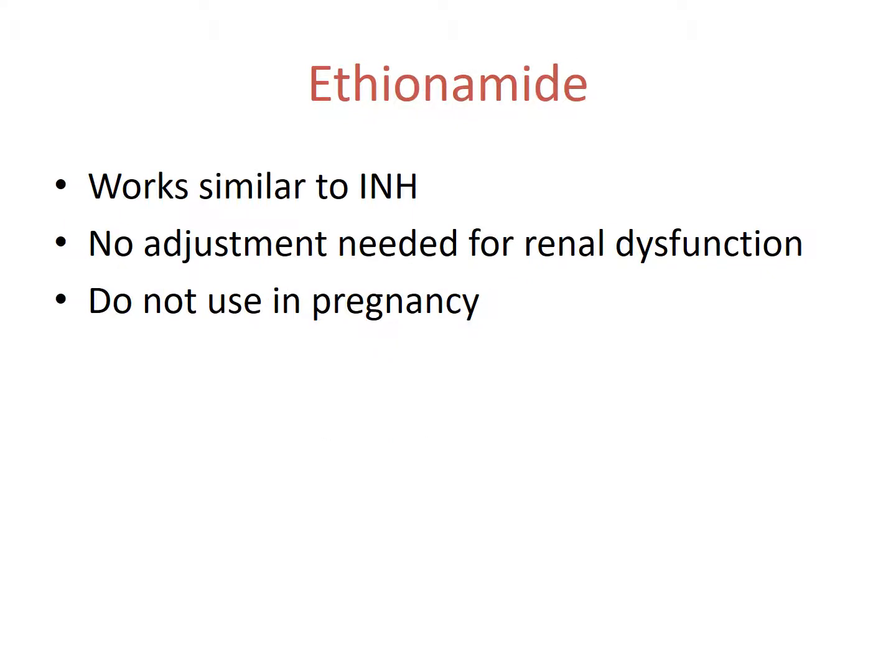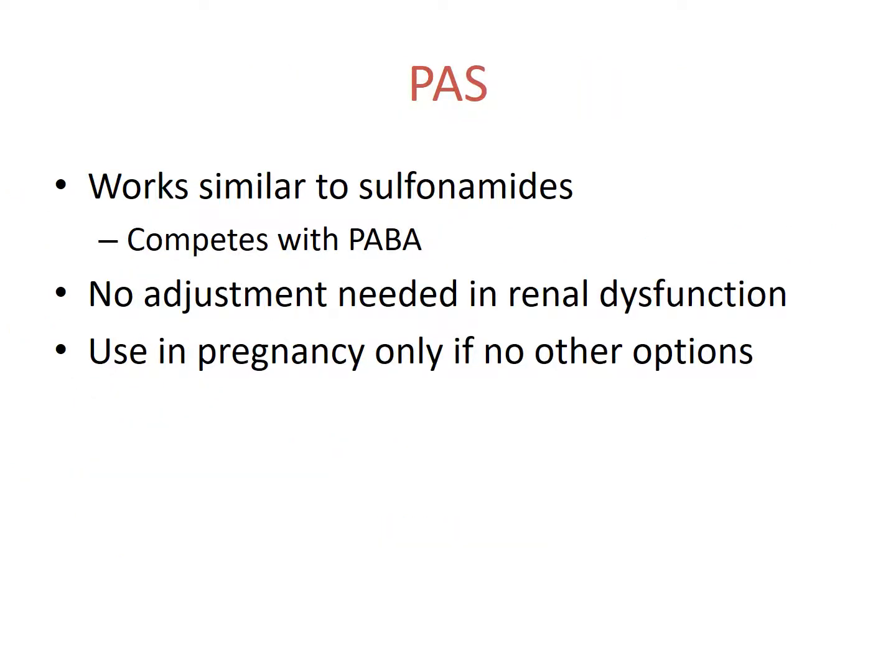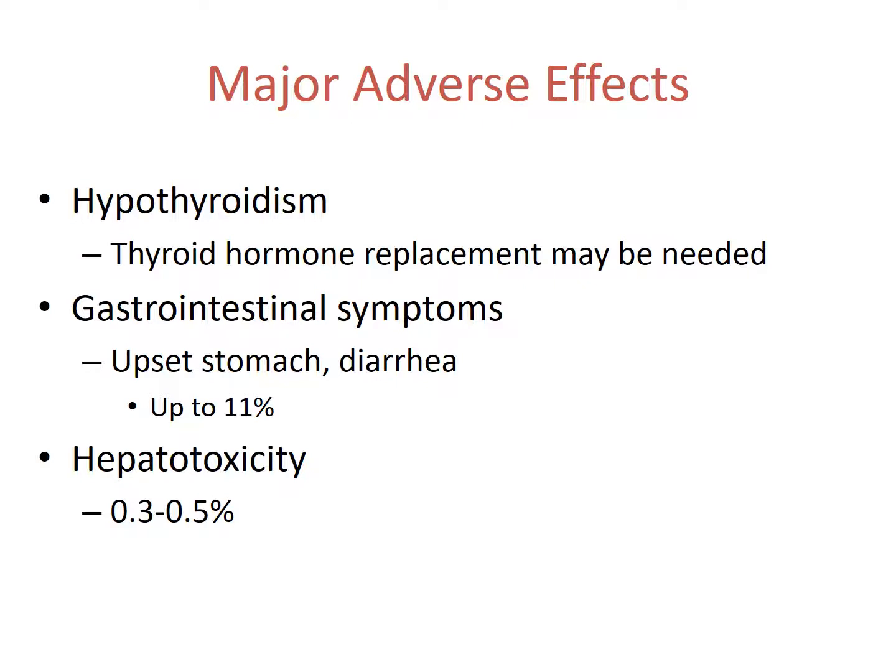Ethionamide works similar to INH. You don't need any adjustment for dysfunction. It can cause nausea and vomiting, some peripheral neuropathies, and hepatotoxicity. PAS is very similar to the sulfonamides. It competes with paraminobenzoic acid, and you don't need adjustment for renal dysfunction. It can cause hypothyroidism, GI symptoms,